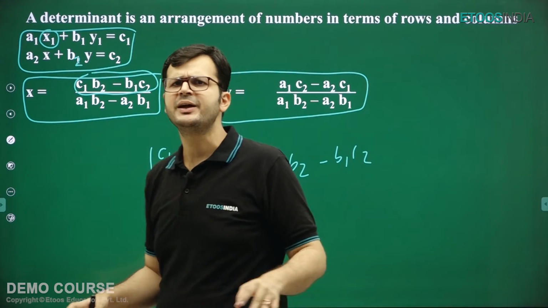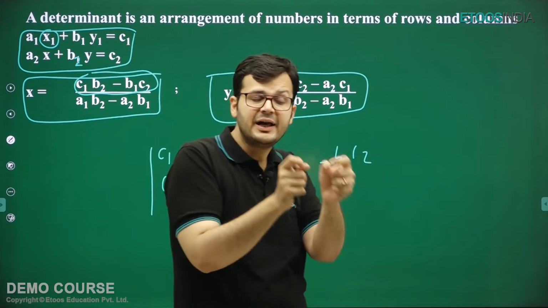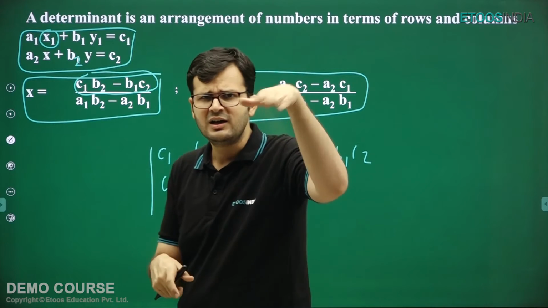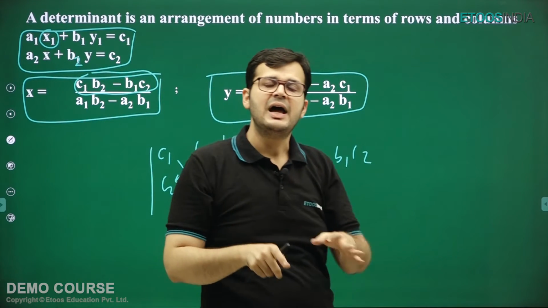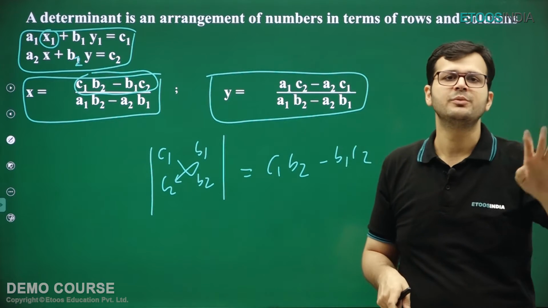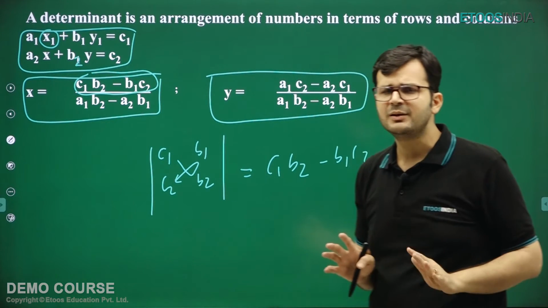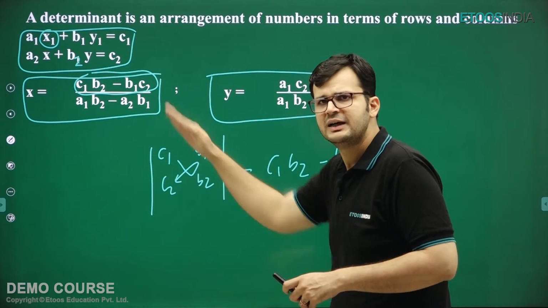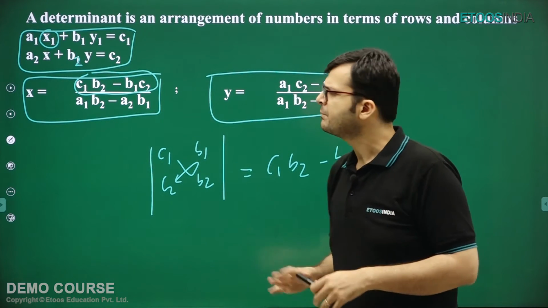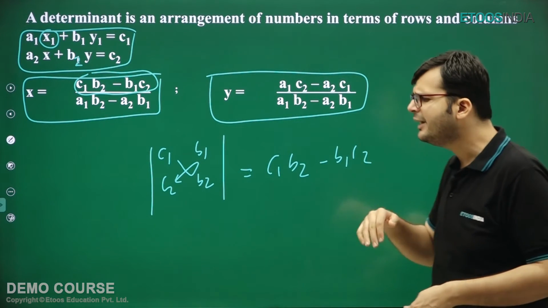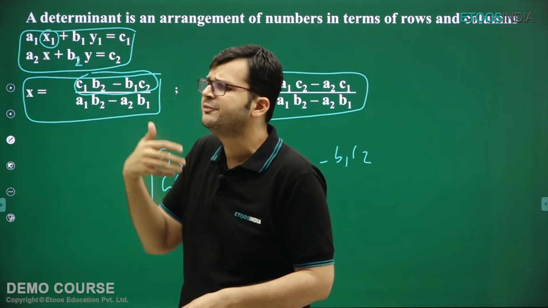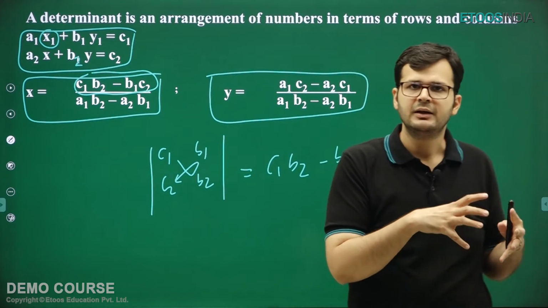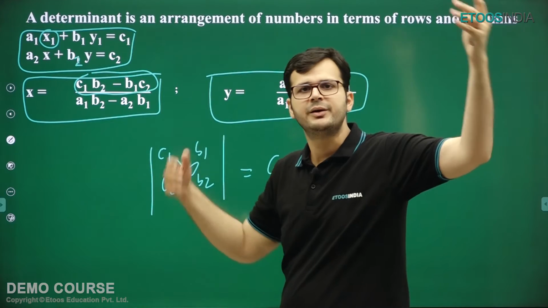So very simply speaking, a determinant is simply an arrangement of numbers in the form of a square. When I say in the form of a square, I mean in the form of rows and columns. Always as many rows as there are, as many columns are also going to be there in the determinant. In our syllabus, we are going to have a determinant of maximum 3 by 3 order. That means there can be 3 rows and 3 columns, no more than that. 2 by 2 is very easy, as you can see. And even if a question comes which is of higher order, let us say 4 by 4 or 5 by 5, the essence of the question only lies in the properties. They are not going to ask you to expand a 4 by 4 determinant and find the value of that.